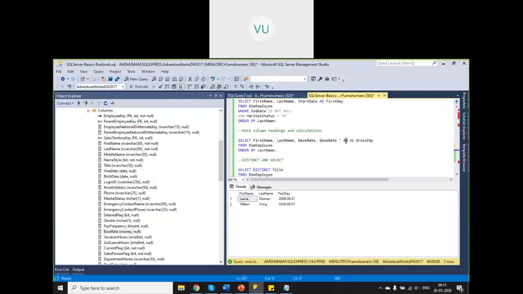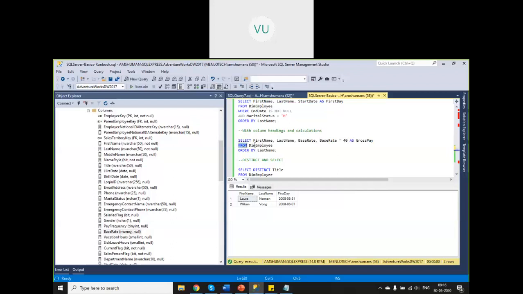So what we are doing, we are applying into 40, and when you say into 40, the value originally in the table is not changed. Only for the purpose of your query, you are applying this particular calculation. Okay, see again, column aliases are useful in this case also, right? So base rate into 40. If I don't put a column alias, it will look very weird actually. So base rate into 40 will be the column name, right? Or some temporary name is given by SQL Server, which you don't want. So that's where column aliases are useful. Okay.